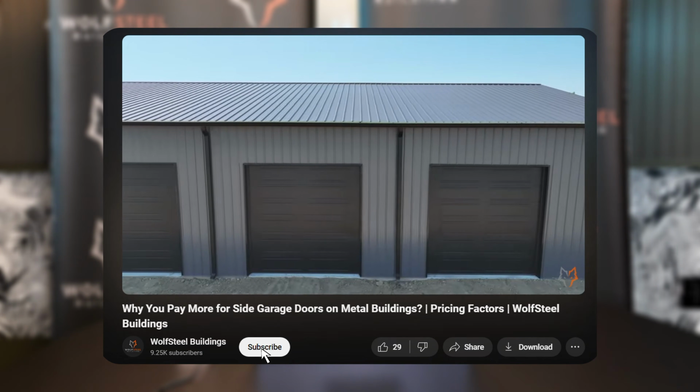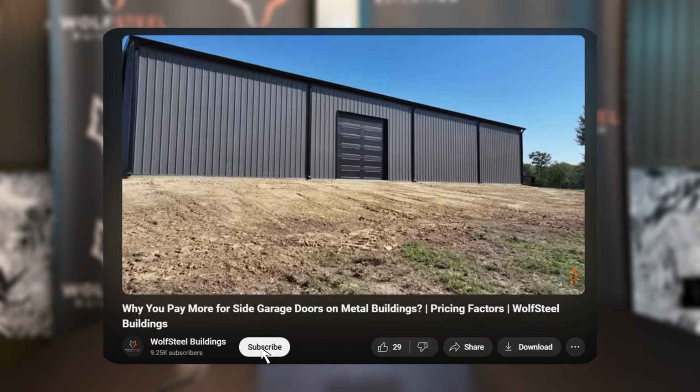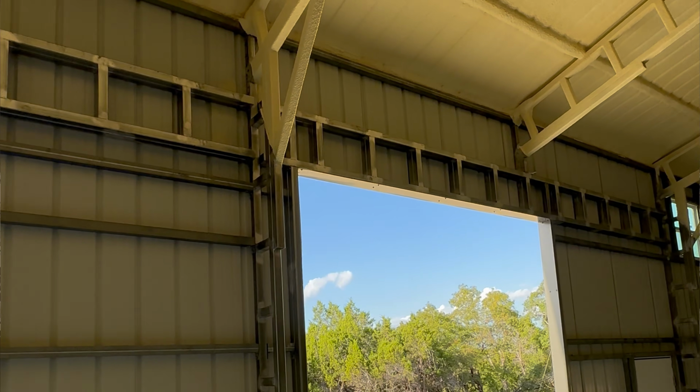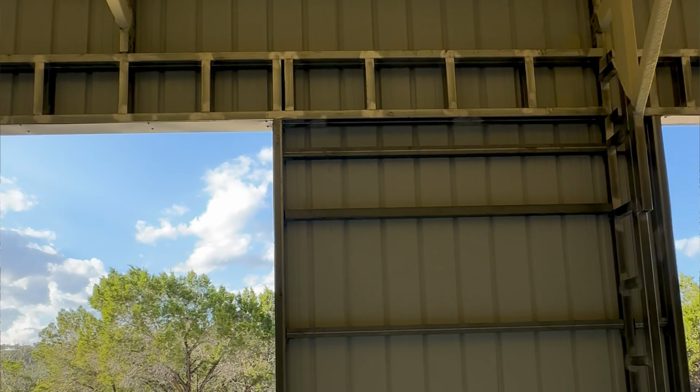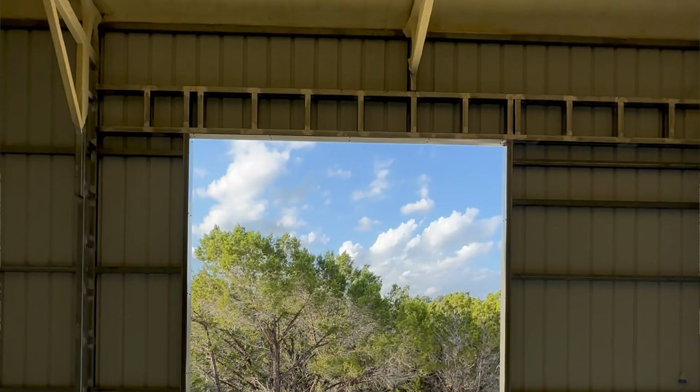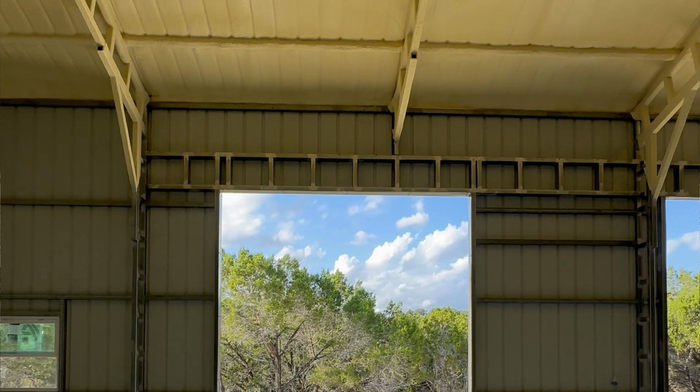Now, if you want further explanation on what a header is, I made a video here recently explaining a little bit further what headers are. Now, this is another pricing factor here, Pack, that will impact the pricing on your building, right? We're adding additional materials because we are eliminating those uprights where those doors are at, okay? I want you to visualize this at home and keep in mind this will affect the pricing on your building